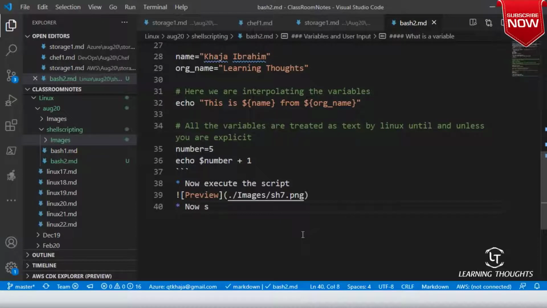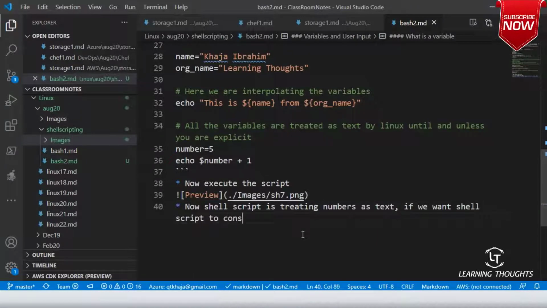Now, shell script is treating numbers as text. If we want shell script to consider the variable number as an integer, we need to use an expression.